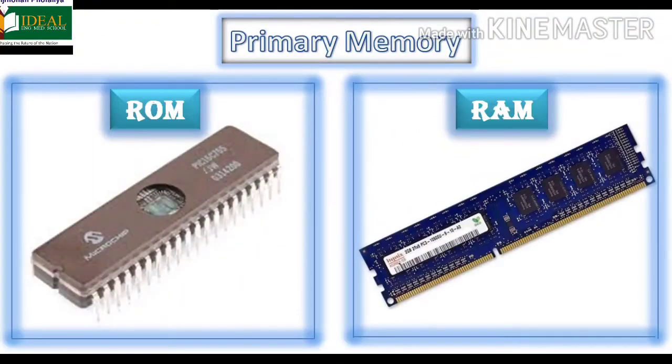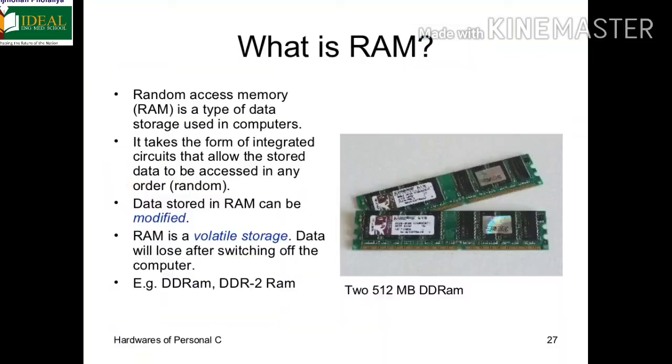RAM, random access memory, whereas ROM stands for read-only memory. RAM. The full form of RAM is random access memory. Information is stored in the RAM in the form of electrical pulses. Hence, anything stored in the RAM will remain stored there only as long as electric power is supplied to the computer. If there is an interruption in the power supply, or if you switch off the computer, you will lose all the information stored in the RAM. Hence, the RAM of the computer is a temporary memory or a volatile memory.